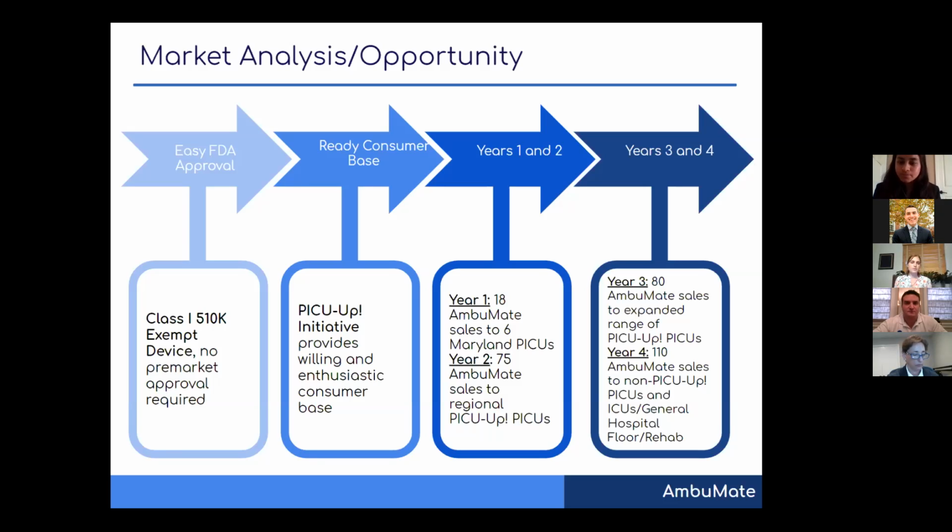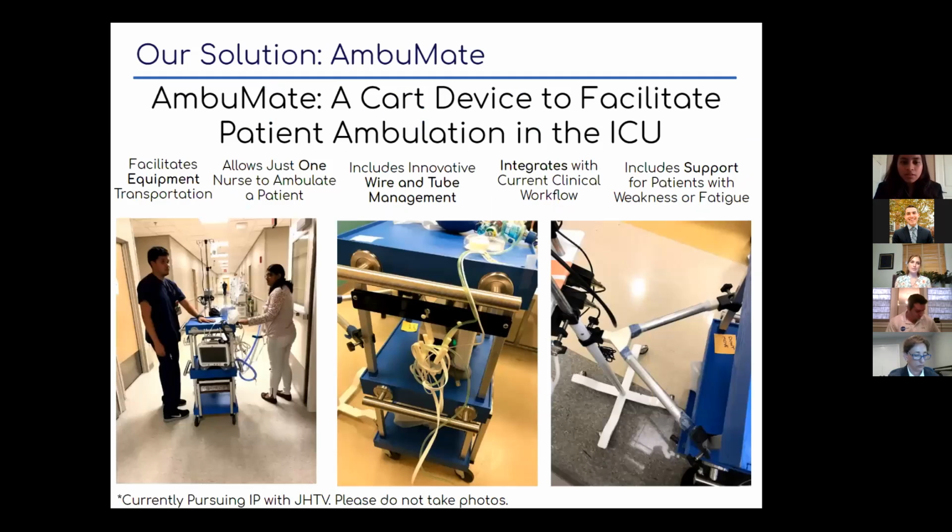Do you have a prototype you've brought into hospitals and actually seen that you can get it down to just one nurse? I was trying to imagine how you can actually do that much. And I guess my second question on that is, when you are now looking at adult ICU patients, do you need to change your prototype at all to handle larger patients, or do you anticipate maybe just a second nurse is needed? Sure, yeah. So to answer your first question, yes, we brought the